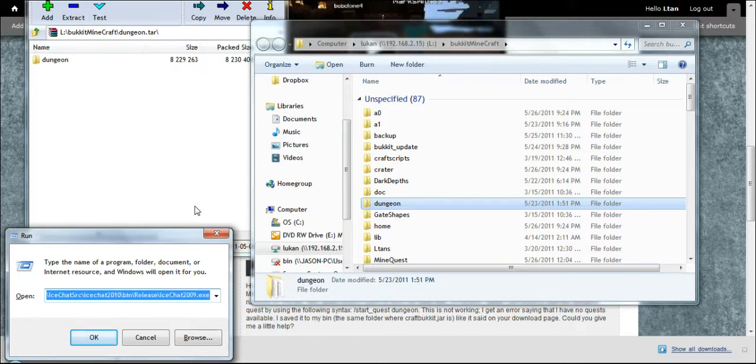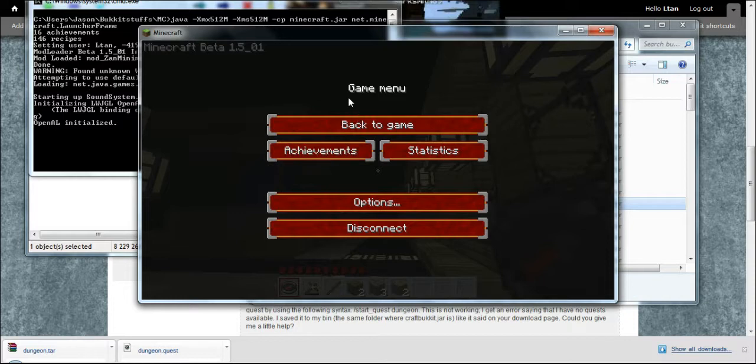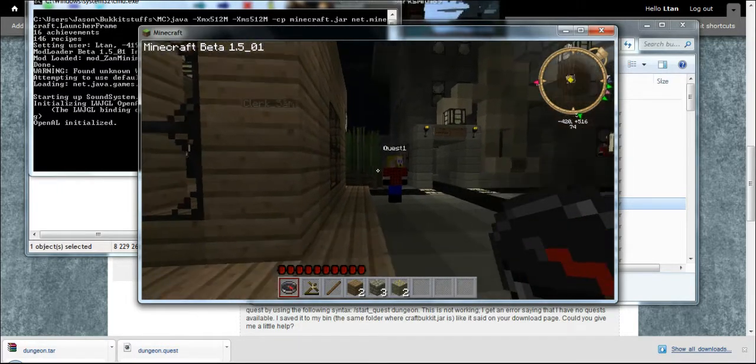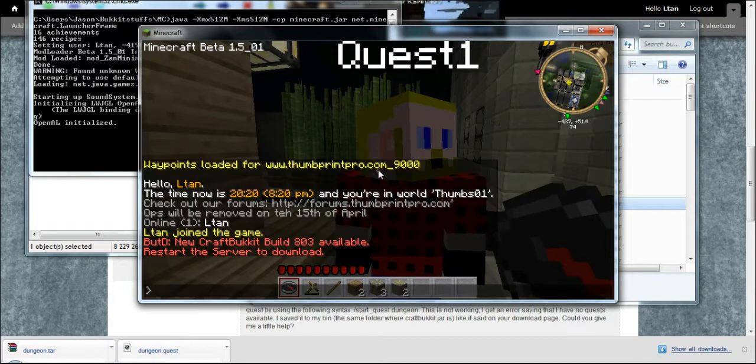Now the next thing I need to do is to go into Minecraft, and I'm going to take a quick little pause. Alrighty, so I have gone and logged into my game. We go back to it, and here's quest 1. I have named him quest 1, and if I do an NPC property, quest 1, quest, I give it the first name of the quest file, in this case dungeon,